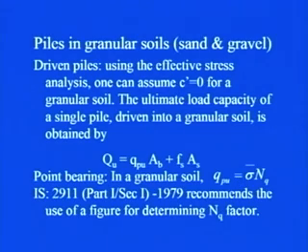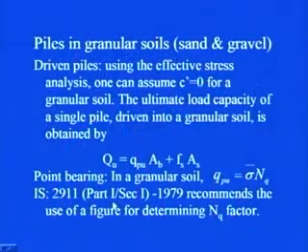So, we ignored that and then we are left with the 2 terms, that is C NC plus sigma bar NQ, and here in case of granular soil your C will be equal to 0. So, we will be left with only one term, which is equal to sigma bar NQ. Now, how can you find out this term NQ? As you have studied in case of shallow foundation, depending on the value of angle of internal friction, you can pick the value of this NQ by standard charts which are available depending on various analyses.